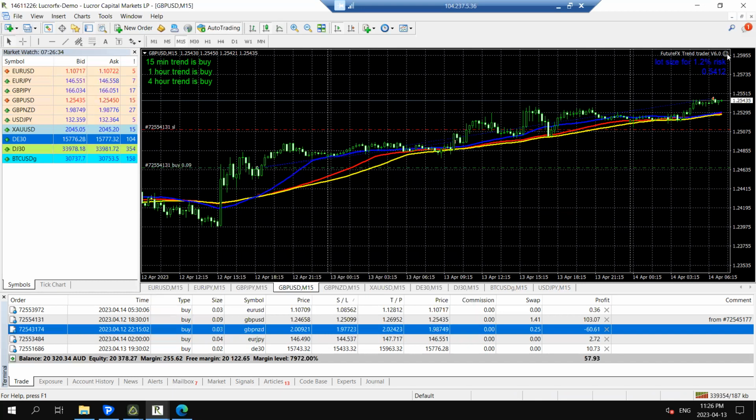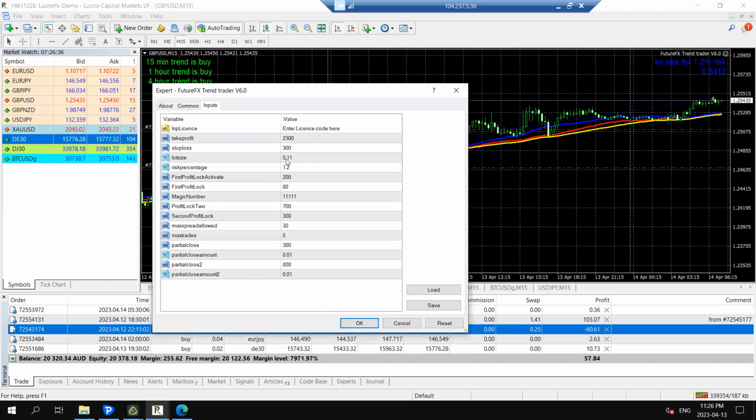Okay, and then all you need to do is open up the settings again, come in here and change the lot size to 0.54. I don't want my risk that high. I'm leaving mine at, for this pair, 0.25. Now, just quickly on that note, because a few people ask,